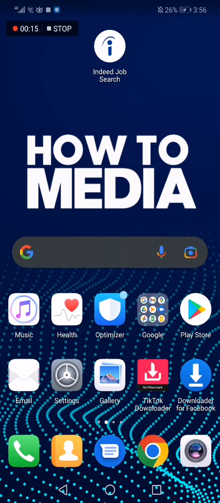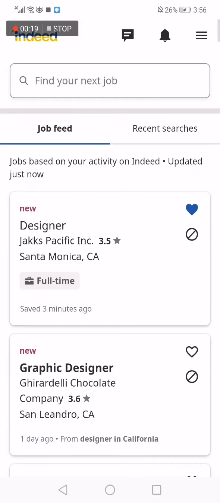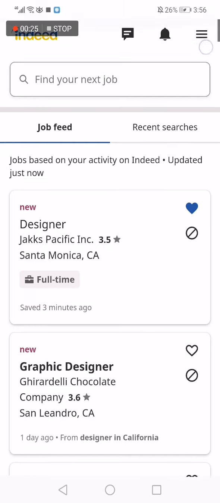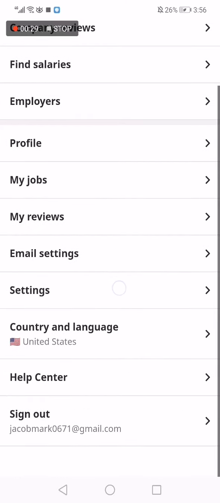So the first thing you do is you go to the app, and this is the home page. As you can see, now you go to those three lines here in the upper corner, and after that you go to settings,